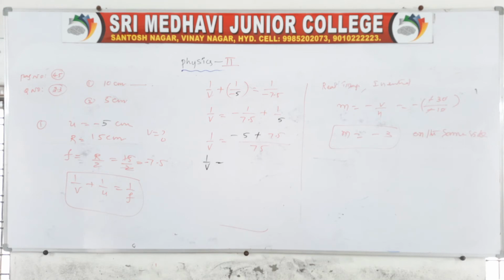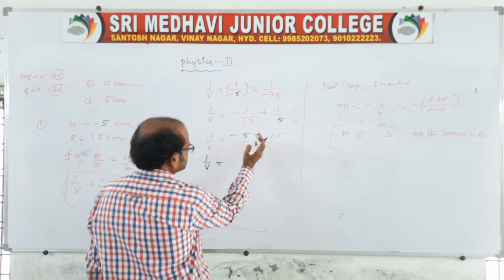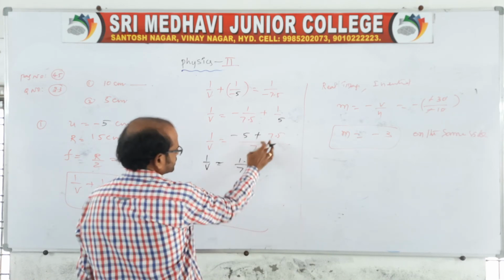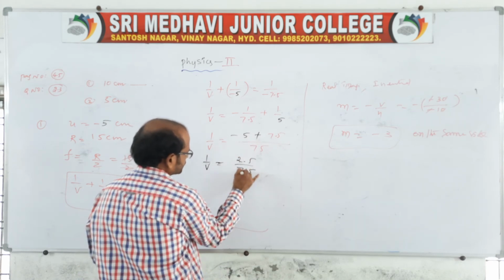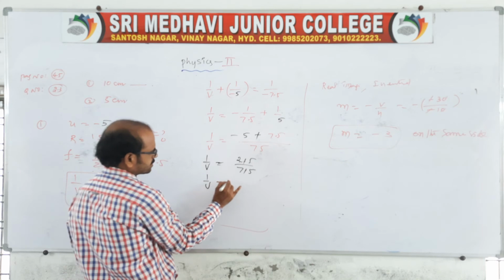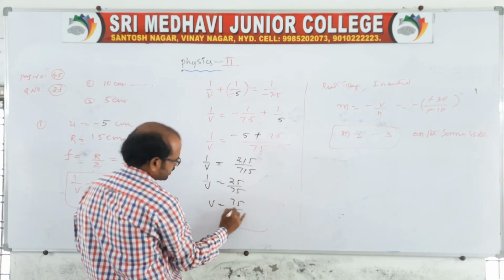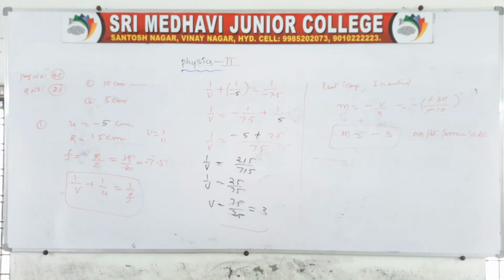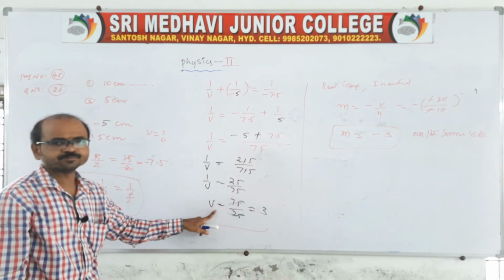There, subtract this, approximately it is 1.5 I think, right? Because if you add this, no, it is maybe 2.5. So cancel this. 1 by v is equal to 25 by 75. So v is equal to 75 by 25. 25 ones, 25 threes. So the image will be, because the object position is changed, no? The image will be at a distance of 3.